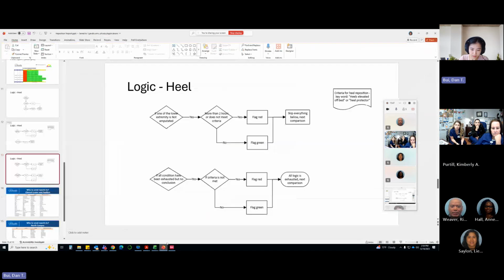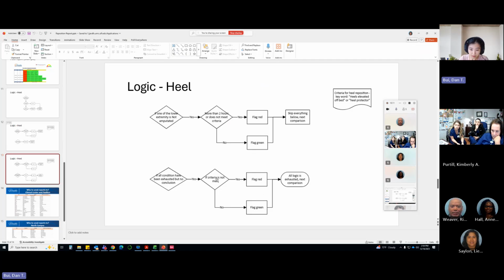And then back to the logic, just to make sure I cover it all, so you could answer to the manager. If all of the conditions have been exhausted but no conclusion is found, and if criteria is not met, which is the simple keyword, heel elevated off bed or heel protector, assuming that would cover both laterality, then I would flag red.